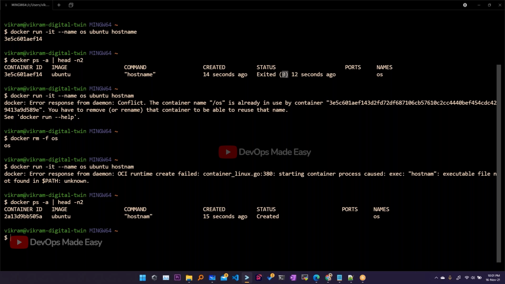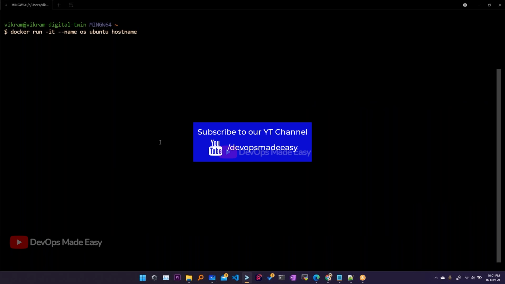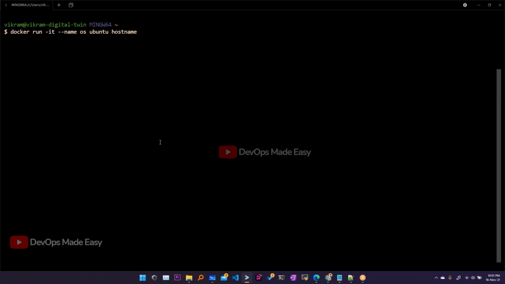Yeah, so that is for the hyphen restart. We haven't talked about hyphen restart, so let me delete the existing container. When we run hostname as the process, this process is bound to complete after some time.